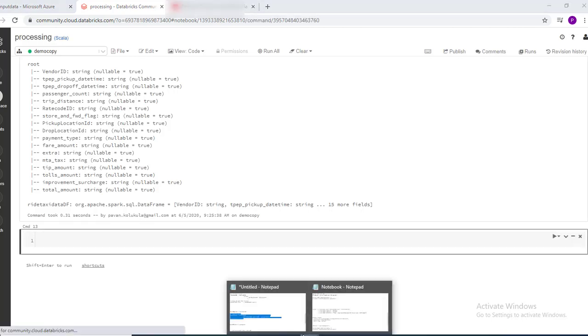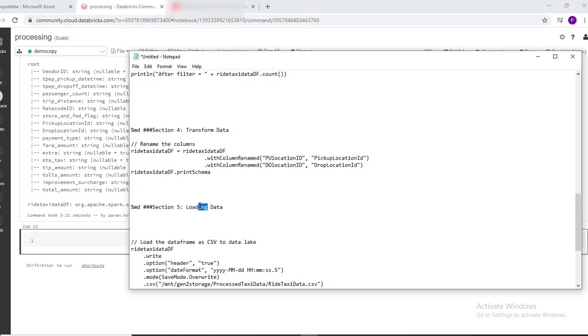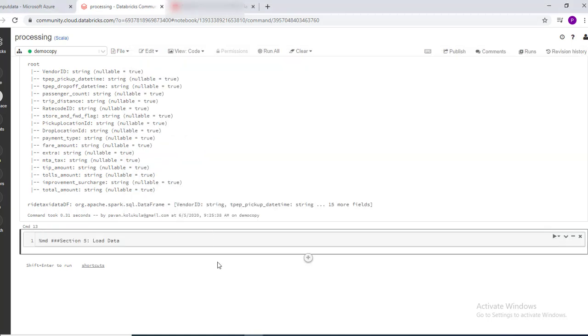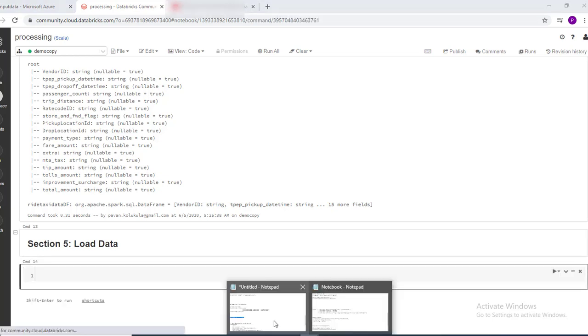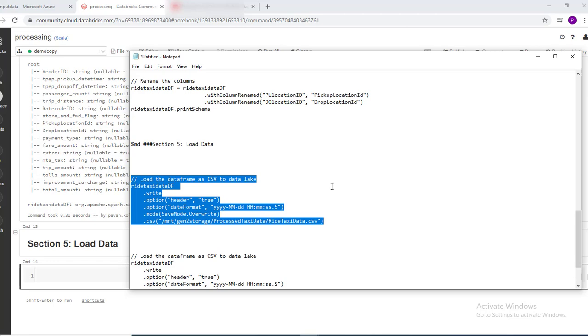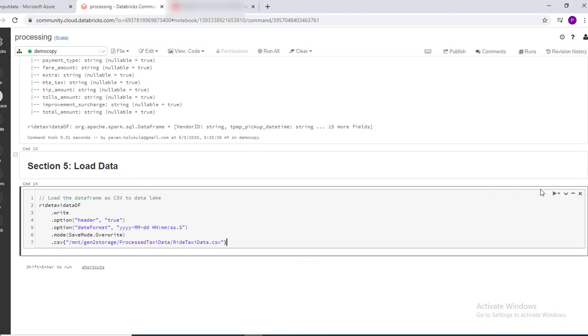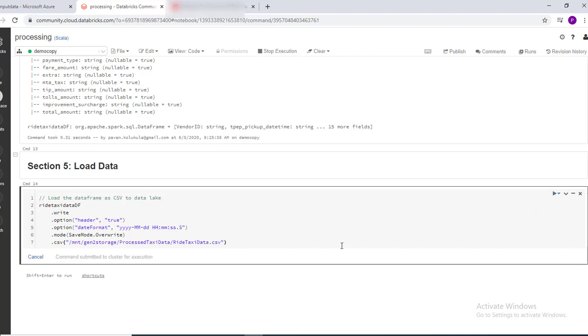So by using Databricks, we have transformed the data, we have cleaned the data, and now we are loading data back to data lake. So here I will show you how to load this data back. This is the write option, so as to write data back to data lake, and here the data is written in CSV and Parquet format.